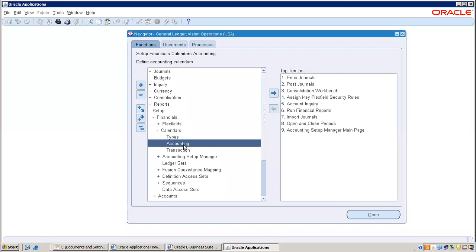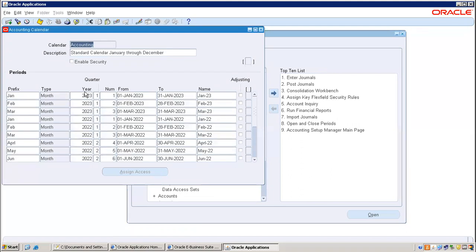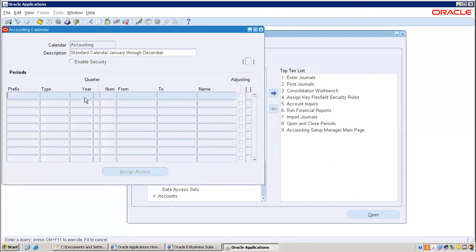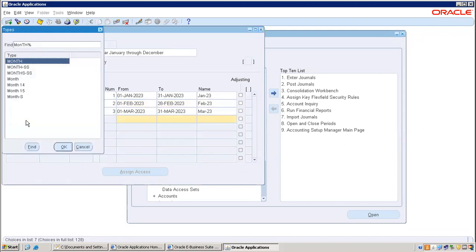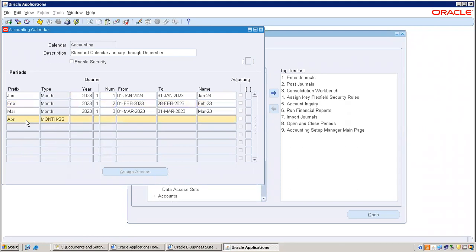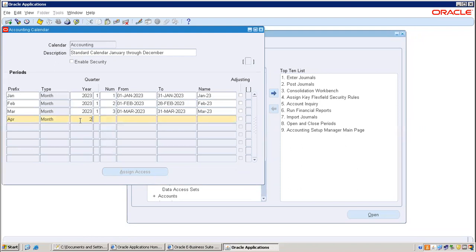Setup, Financials, Calendars, Accounting is the navigation. So we are taking the accounting calendar here. You will have to check how many months exist for your current financial year. Whoever entered it made a mistake. In February month you are going to face an issue, so you have to add April. This is a functional consultant responsibility, not your role, but you also need to know.